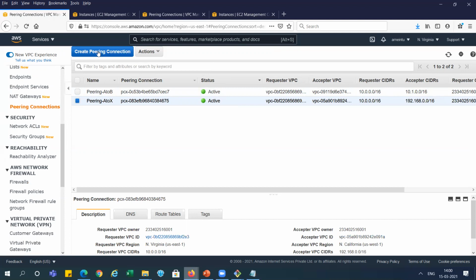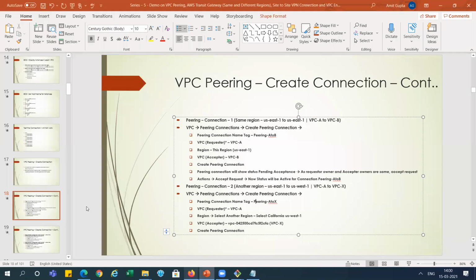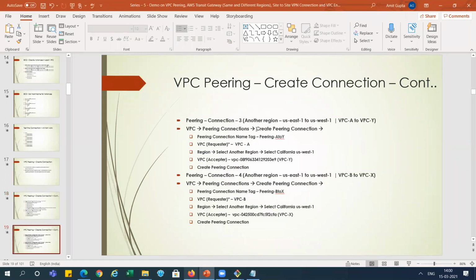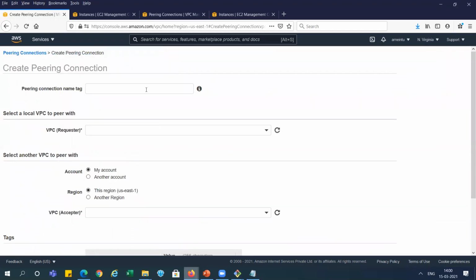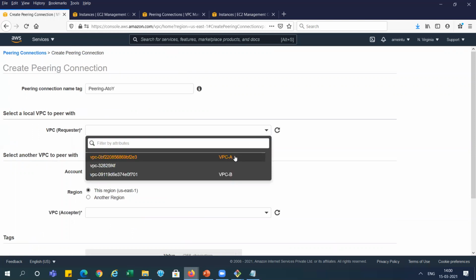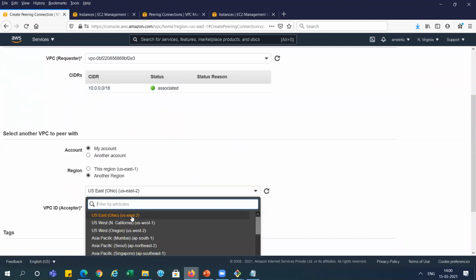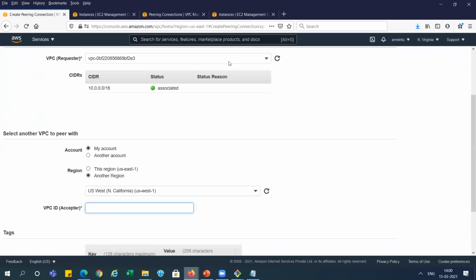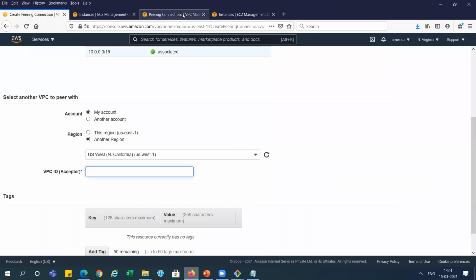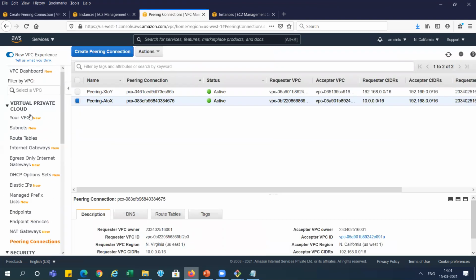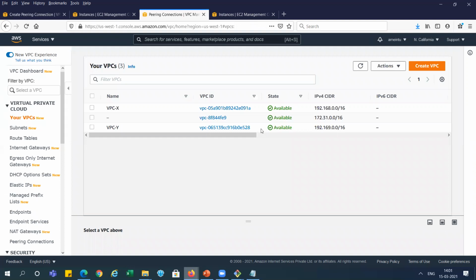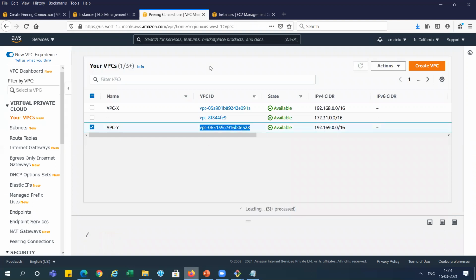So we will do the same thing from this place also. We will go again, create the peering connection, and this time we will give this name. This is the third peering, right? Fourth peering, peering A to Y. So I'm giving the name A to Y here, and the requester this time is again A, right? And for the other region, we will go and select the California region. But this time we will provide the details for VPC Y. So go to the VPC. You can see VPC Y, this one. I'm selecting this VPC ID for this one.